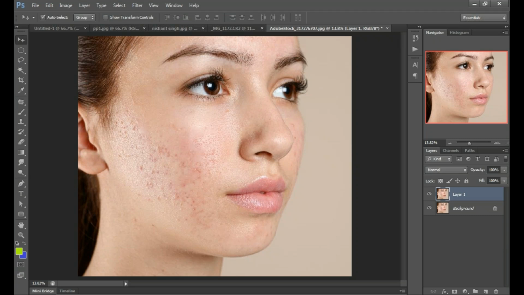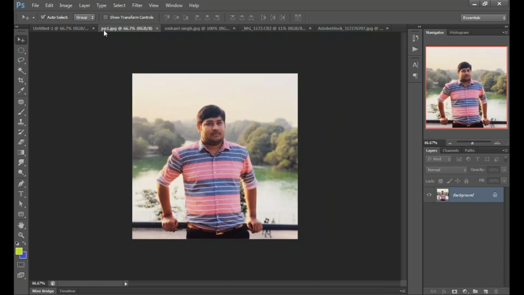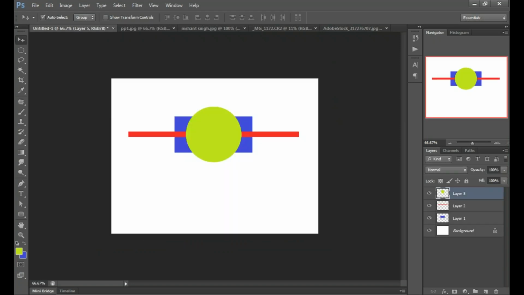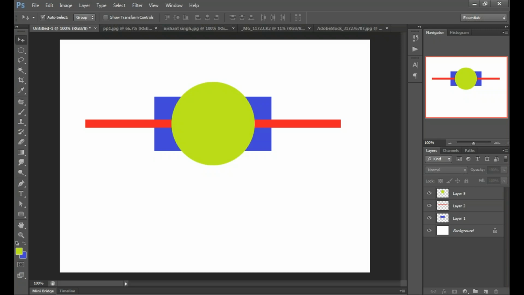Yeah, exactly. Okay, so as time is going on, we are going to cover text in Photoshop, how to write text in Photoshop. So we are going to learn how to write any text in Photoshop.